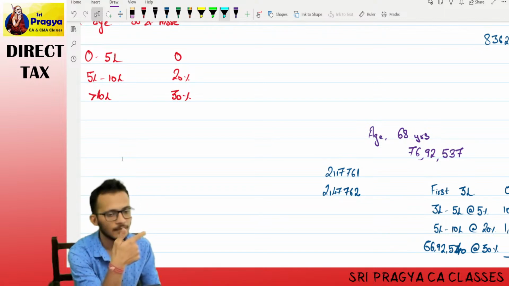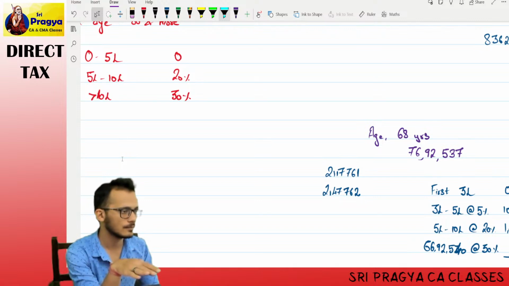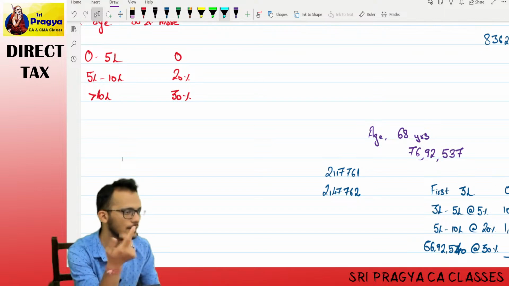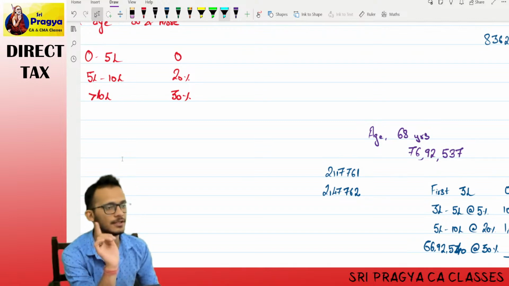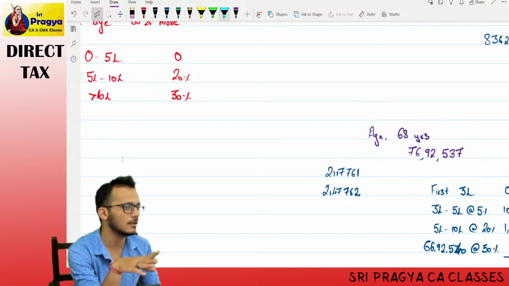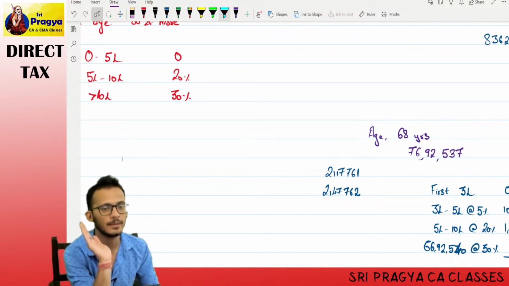This is something which you can do only for MCQs, because in an MCQ you will only get 1 mark for this. You don't need to write steps, so you cannot waste time. There your calculator itself will help you. But if it's a sum, you will have to do it fully. Even if you do it on the calculator, the sum will require you to put out all the steps. If you don't put out all the steps, no marks for you. Straightforward game. Can we proceed?